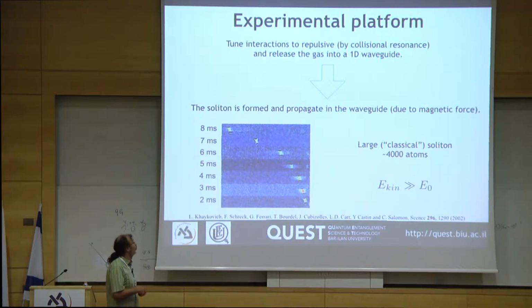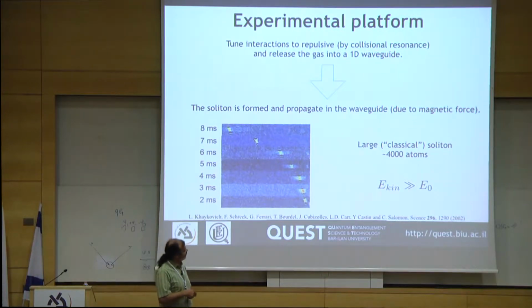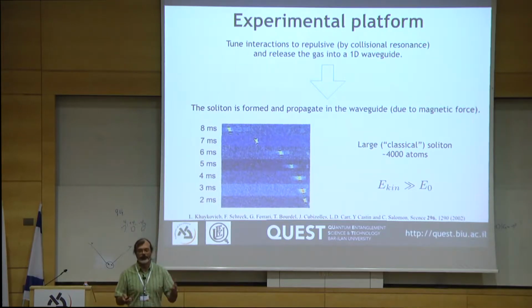Okay, so the point is that this soliton was essentially a classical object, as much a classical object as any soliton in any other branch of science that you can find. So from that point of view, you can see many interesting effects, but they are comparable to other classical experiments with solitons that you can do.